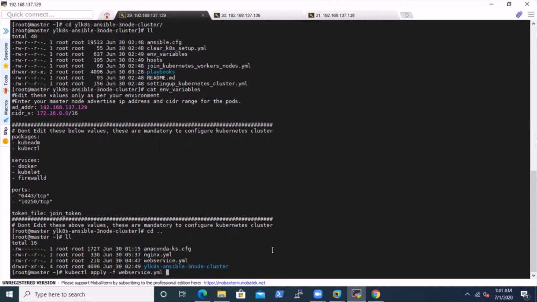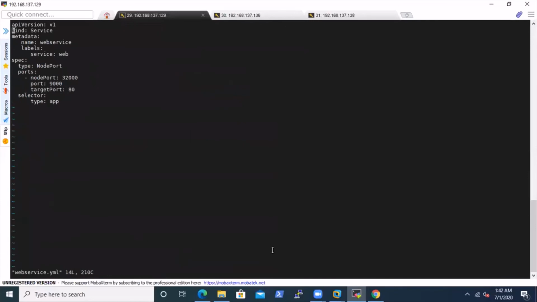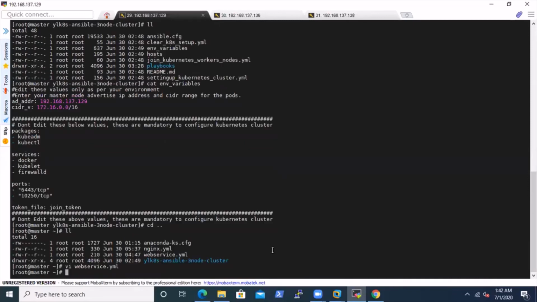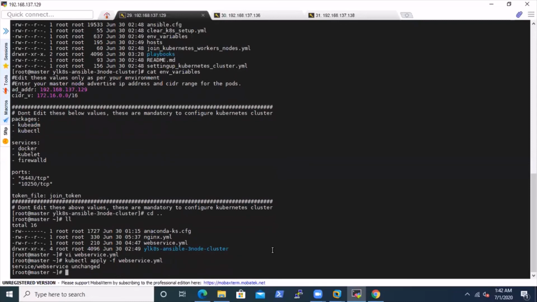Now in order to check that, I have a file webservice.yml, because this pod is being created, but its port is not exposed to the outside of the cluster. So we have to create a service which will help us expose the port outside of the cluster, and in this example it is exposing port number 32000.